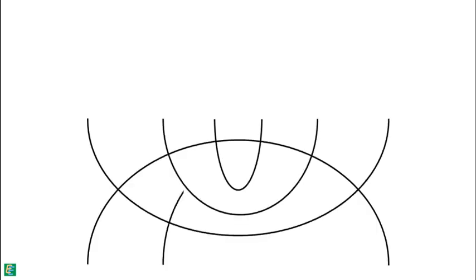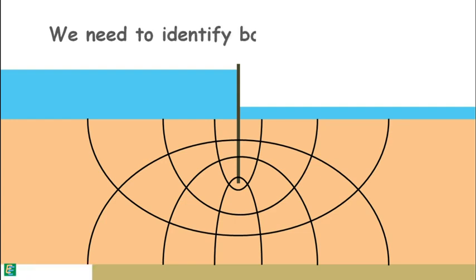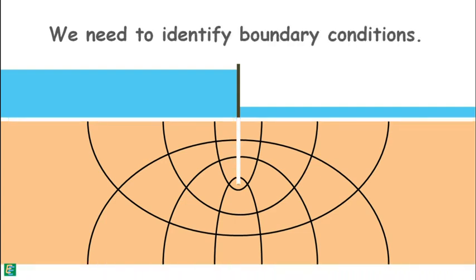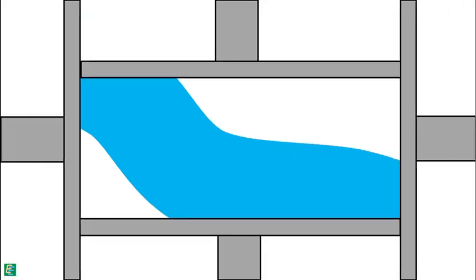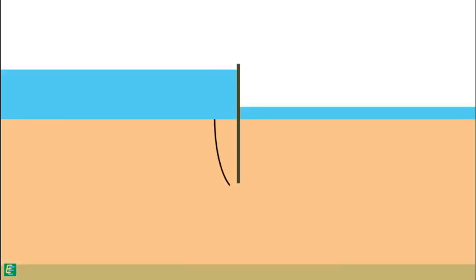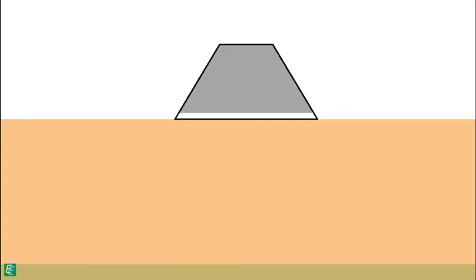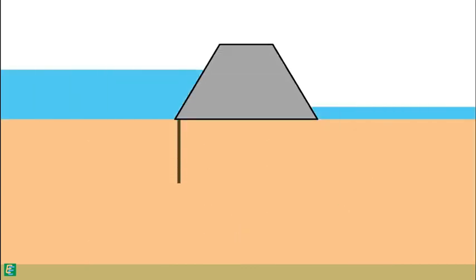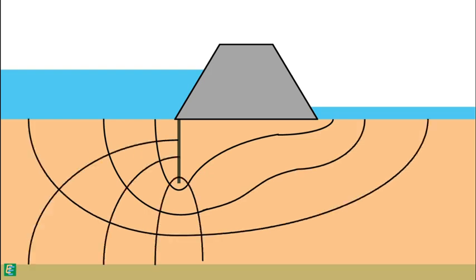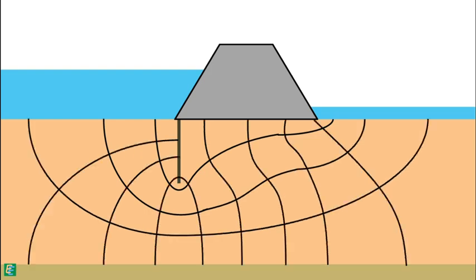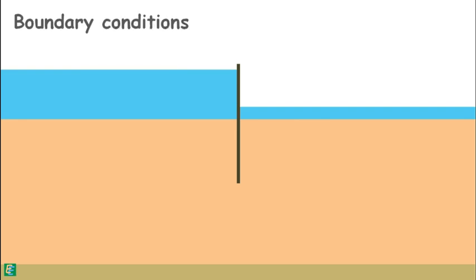To construct a flow net, we also need to identify the boundary conditions present for the flow. Boundary conditions are the restrictions that limit the flow in a certain space or area. A flow net is unique for a given set of boundary conditions. If the geometry of the flow space changes, the boundary conditions will be changed and hence the flow net will be changed. Here, first boundary condition is the upstream surface from where the flow starts, and if we notice, it